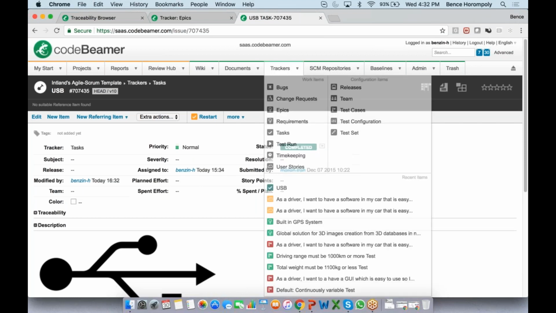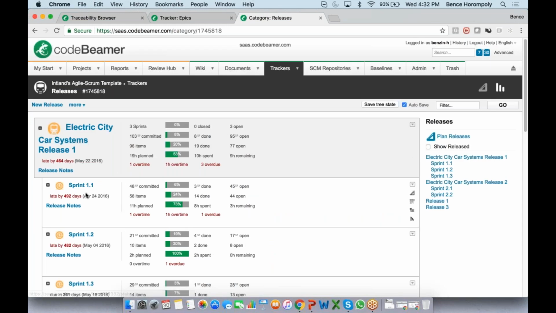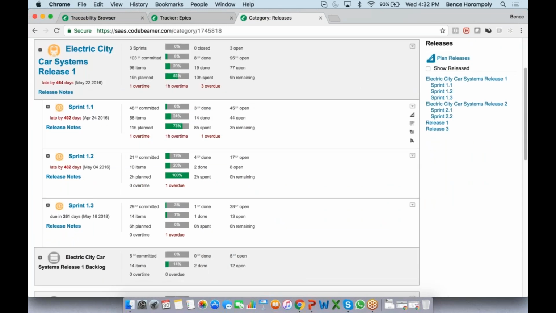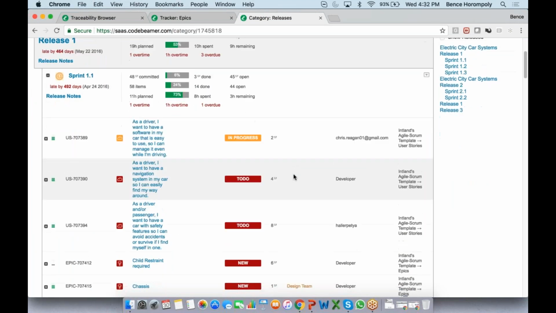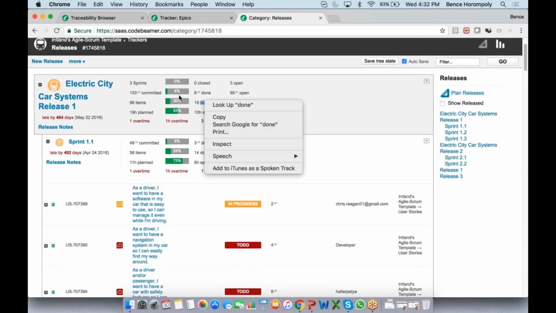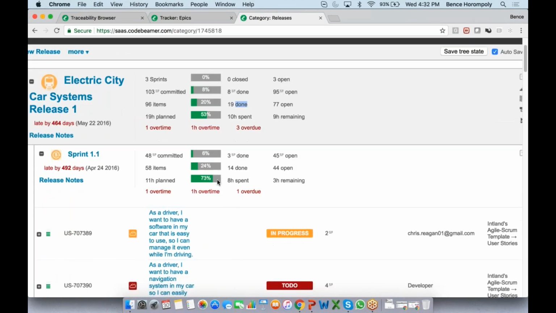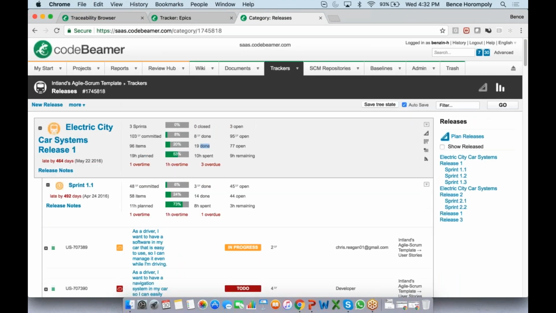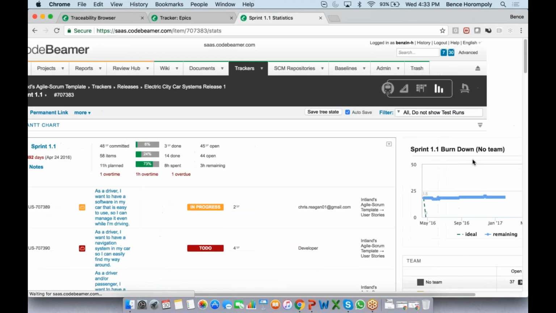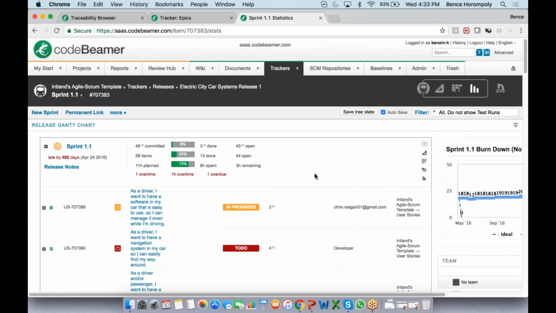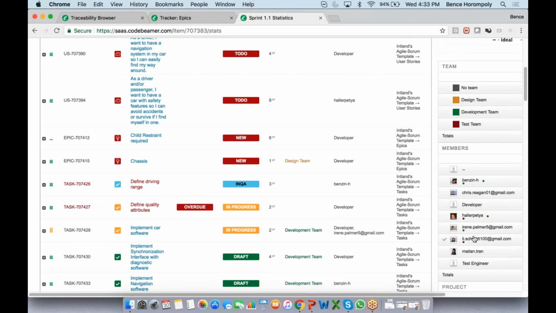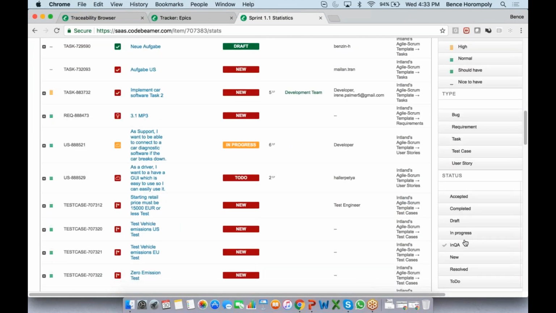All right, and then one more thing here is the release management. So you can set up your releases with sprints and then assign all tasks and user stories to these sprints. Assign them story points, and then that will be calculated here, and you can see how your releases and sprints are actually doing. What is overdue? If I go into my sprint 1.1, I have a burn down chart that's kind of not very realistic, but I see it anyways. I can filter for teams and members, priority and things like that.